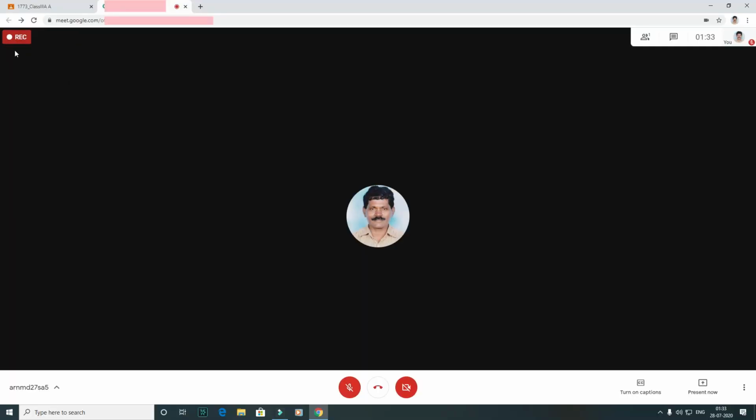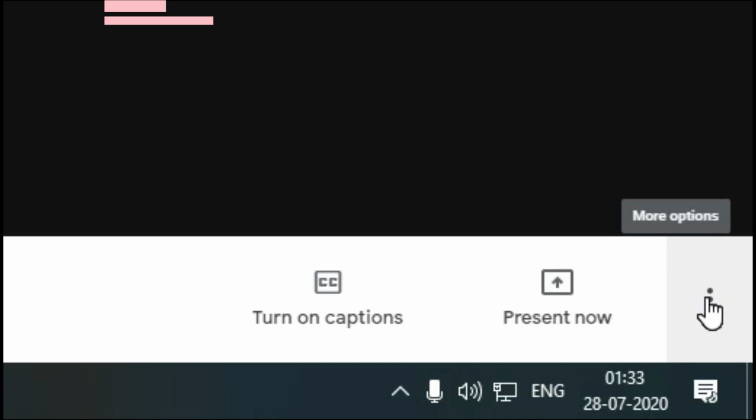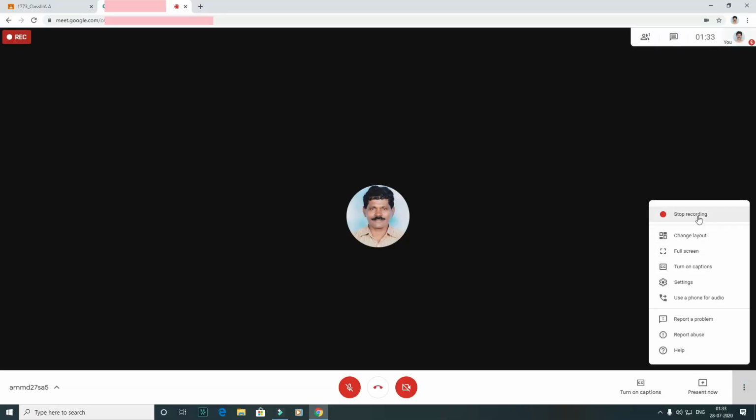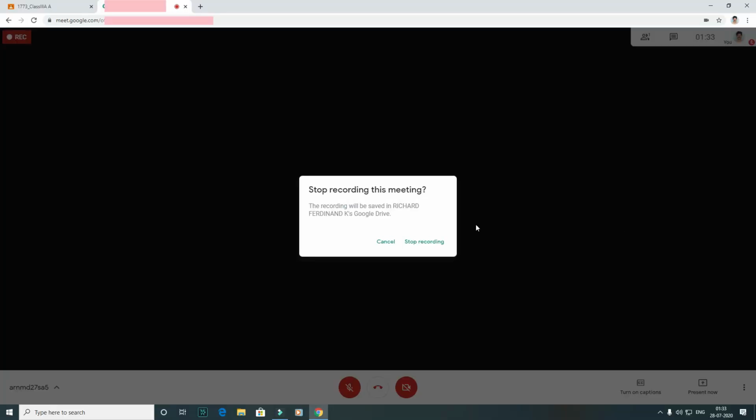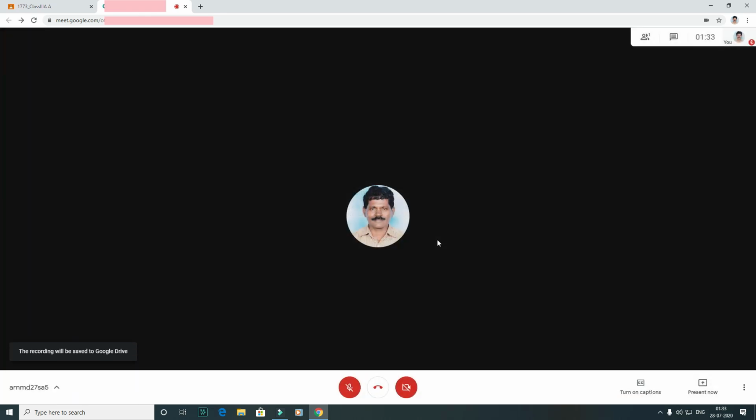That red color means the recording is going on. If you don't want to record, again you go to the same 3 dots and give stop recording. So now the recording is stopped. The recording will be saved in your Google Drive. If you want, you can see it from the Google Drive and recover all the recorded meetings.